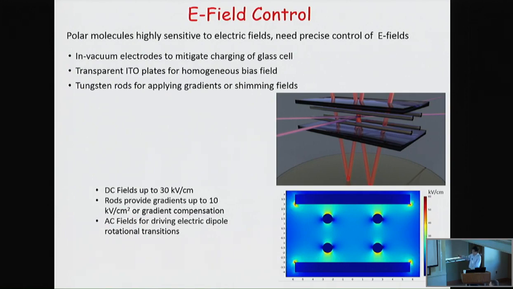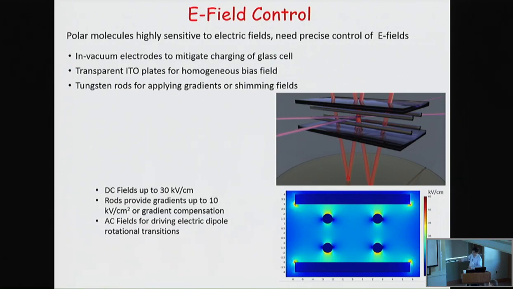We have 4 pairs of rods running from outside the vacuum coming in. We actually took this idea from our earlier OH experiment, where these rods can support both DC electrical field as well as microwave field. So altogether, if you put these fields together, you can actually use the voltage you apply to the 2 plates